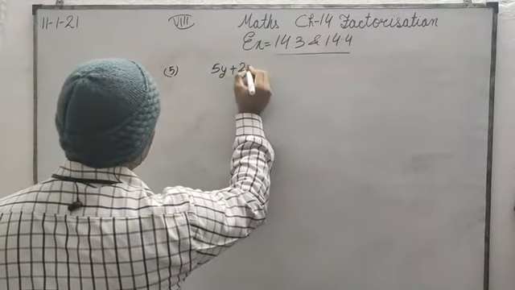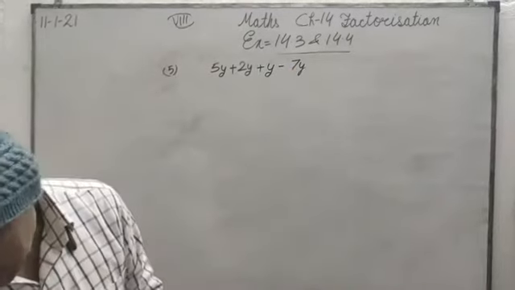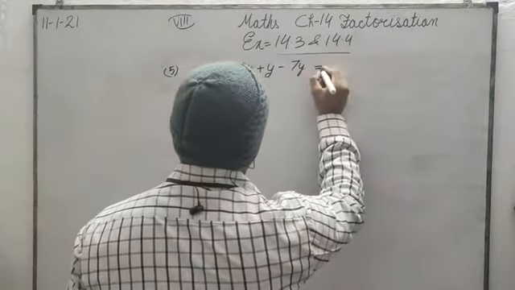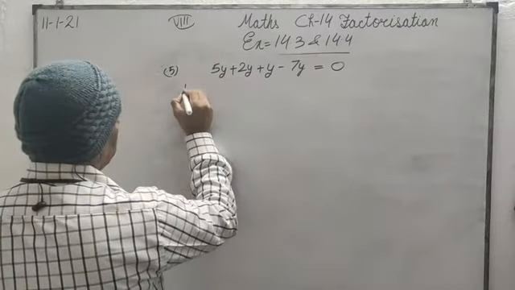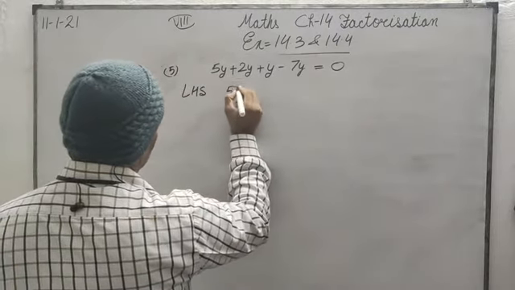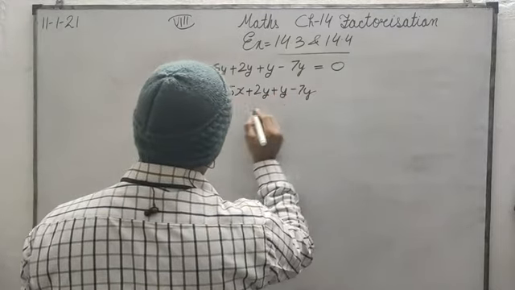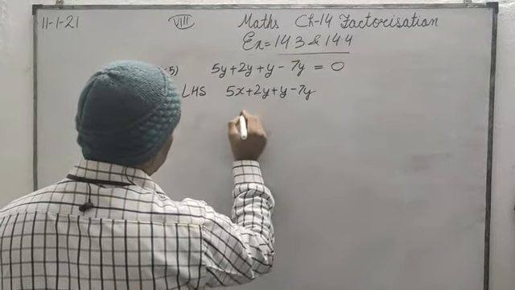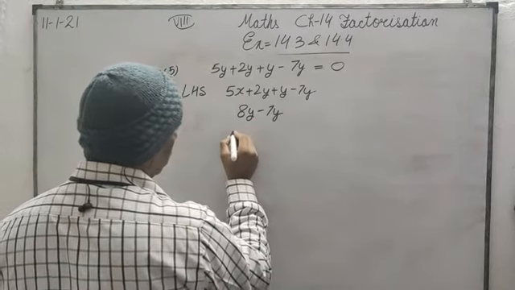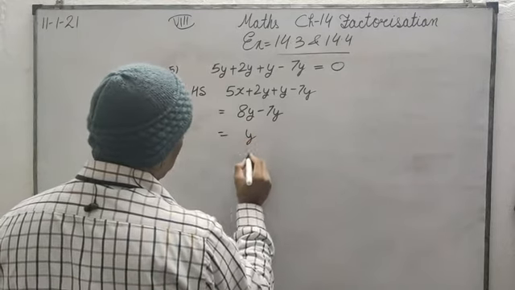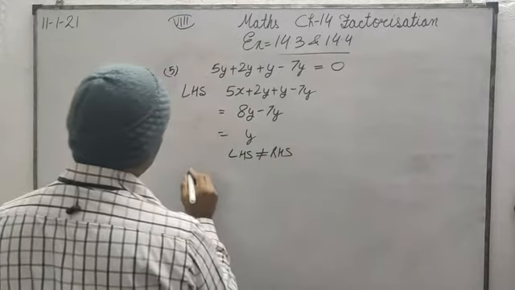5y plus 2y plus y minus 7y is equals to 0. फिर से वही गलती, y को ऐड ही नहीं किया इसने. देखते हैं कैसे. 5y plus 2y plus y minus 7y, तो 5 plus 2 7 plus 1 8y आना चाहिए था, और 8y में से 7y गया तो 0 थोड़े बचेगा. What will be the answer? y. So left hand side is not equals to right hand side.